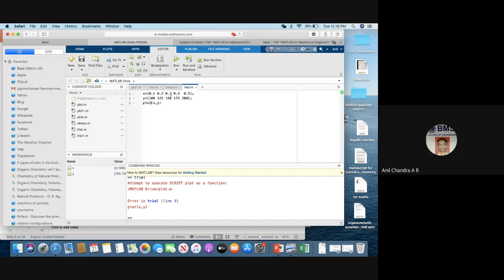Something 1, 2, 3, 4, 5. 1, 2, 3, 4, 5. Dimensions are matched, but it's not plotting.